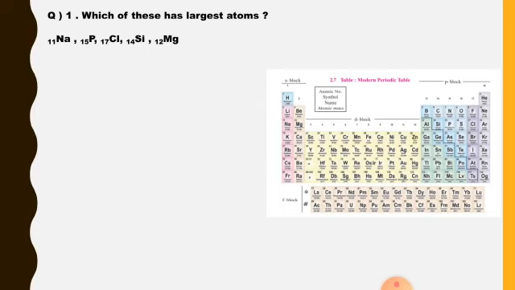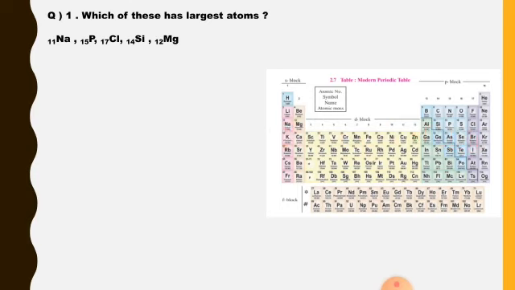Okay, here you can see these elements belong to which period or which group? You may find out, that is Na is here. So all these elements belong to period 3. Okay, Na, then Mg, S and P here, Cl and Si. These elements belong to period 3.